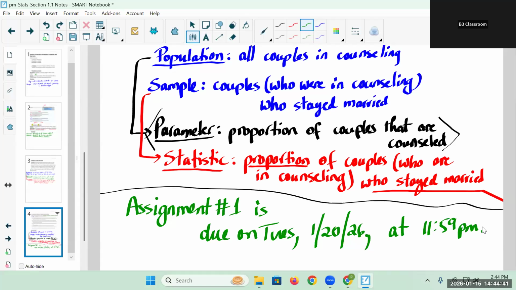Now, this probably will be fairly simple because it's just vocabulary, but remember what I said, it's good, maybe in a day or two, to go through your notes, make sure you understood everything. Open the assignment, not on Tuesday at 11:30 or 11:45 at night, but open your assignment maybe sometime Monday. Make sure you kind of walk through the assignments,